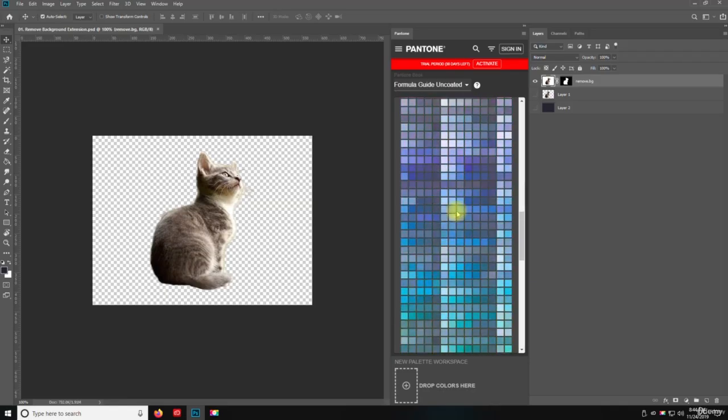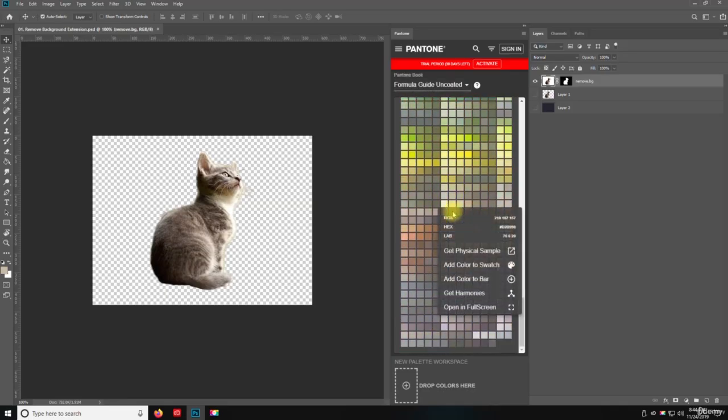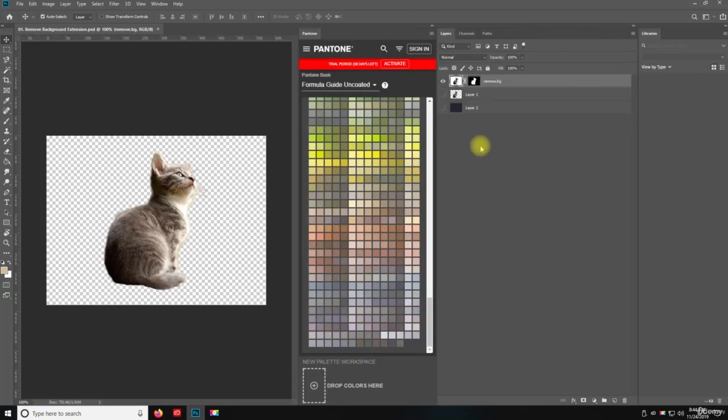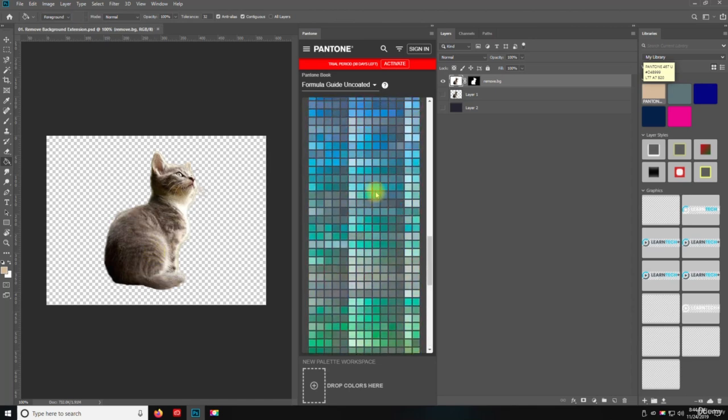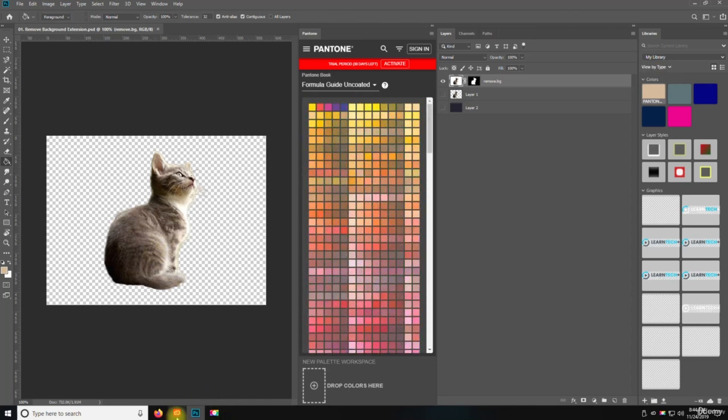So you can look through all the different colors, and you can add it to the swatch. So you'll see it's right here, and then we can add that to the kitty. This is really just a color wheel to give you